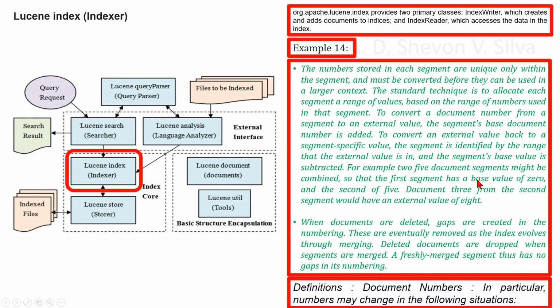Now we are considering document numbers. Internally, Lucene refers to documents by an integer document number. At first, the document added to an index is numbered 0, and each subsequent document added gets a number 1 greater than the previous. Note that the document number may change, so caution should be taken when storing these numbers